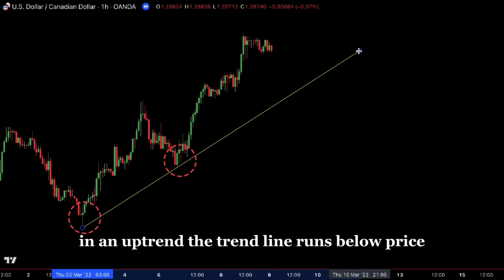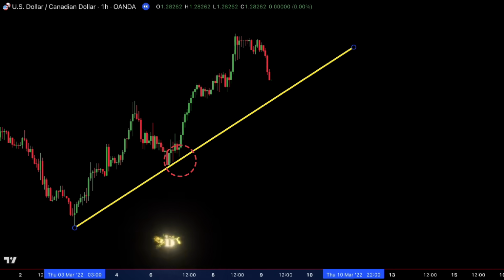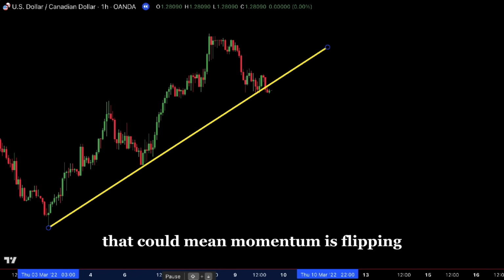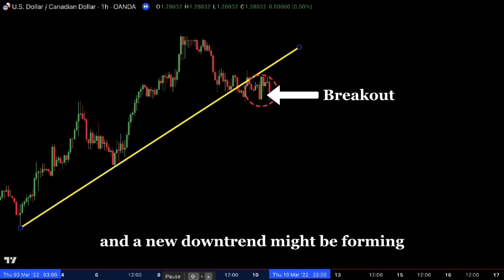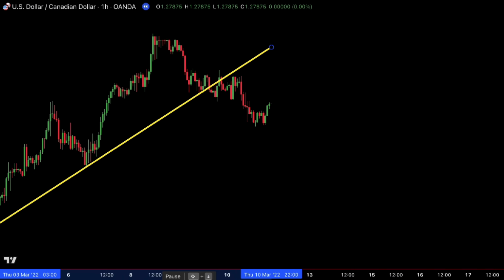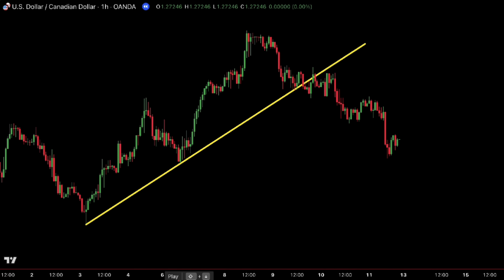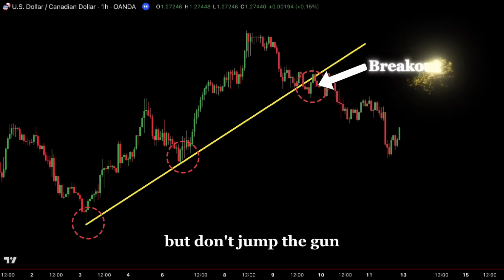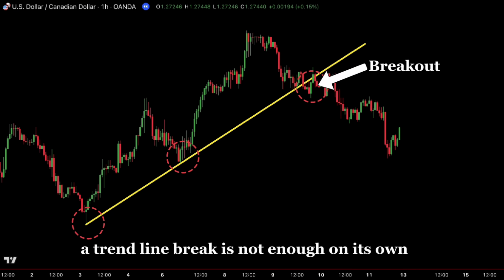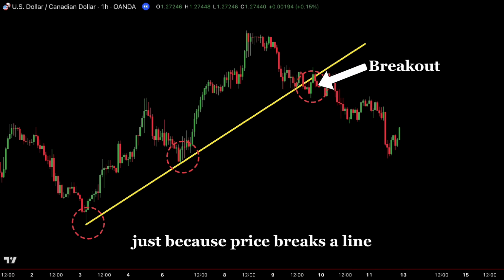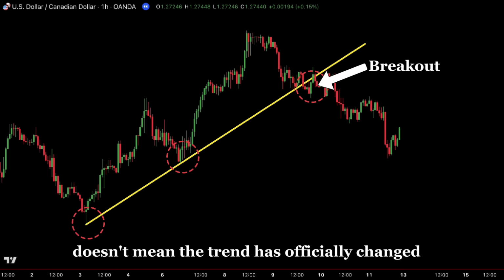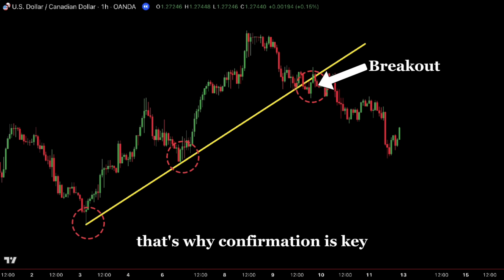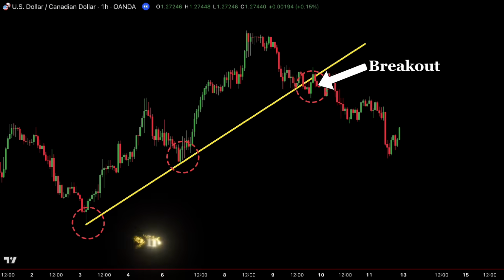In an uptrend, the trend line runs below price. If price breaks below it, that could mean momentum is flipping and a new downtrend might be forming. But don't jump the gun. A trend line break is not enough on its own. Just because price breaks a line doesn't mean the trend has officially changed. That's why confirmation is key, and I'll show you exactly what to look for in the next part of the